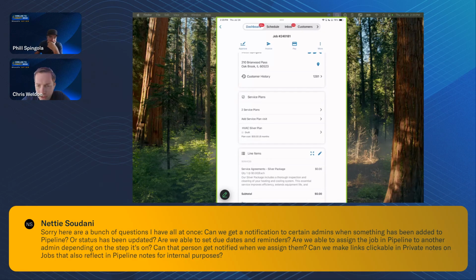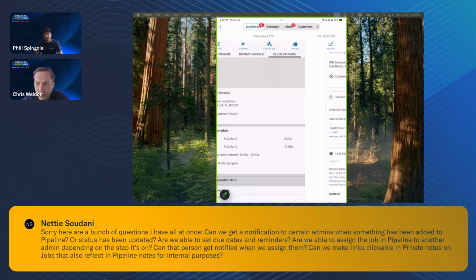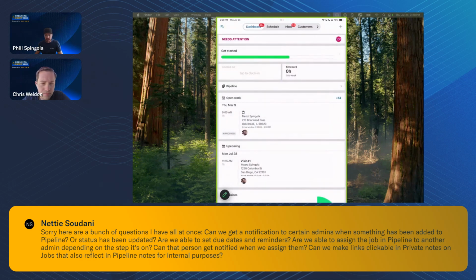Can we get a notification to certain admins? First question, can we get a notification to certain admins when something has been added to pipeline or status has been updated? If we're talking about on the mobile app, as far as I know, there really isn't a notification that goes out. On the website, though,